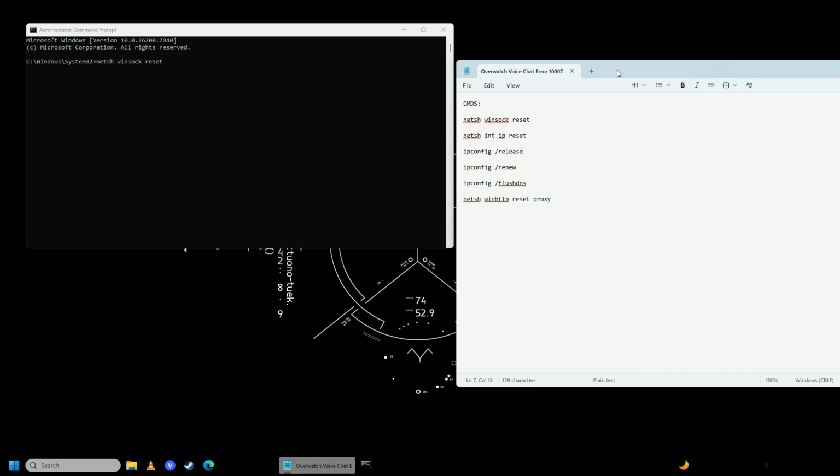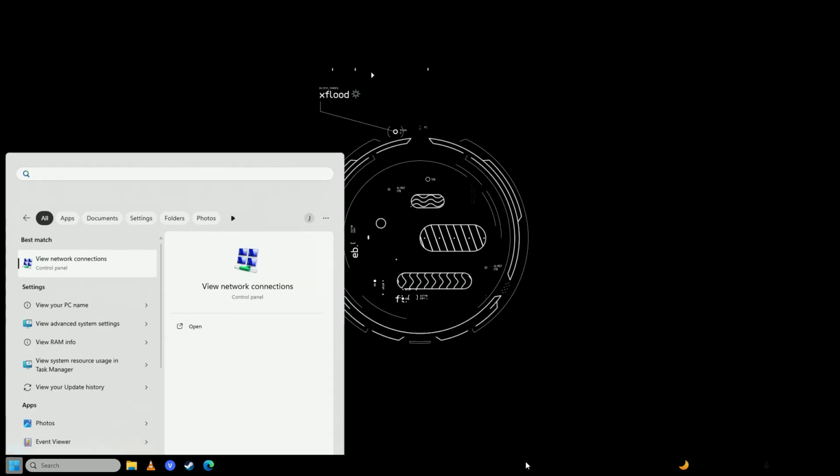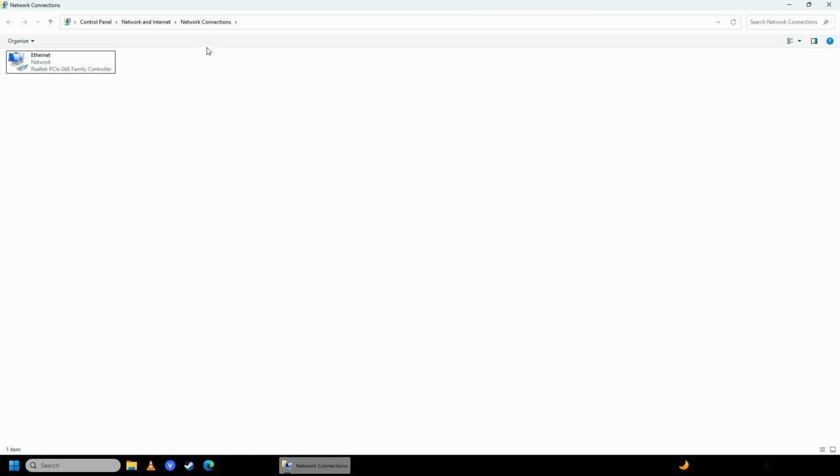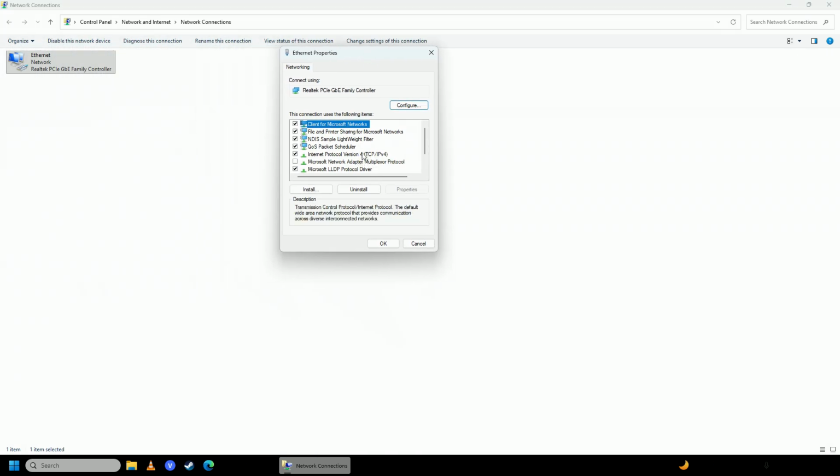After you're done with all of those commands, now what you're going to do is open up your start menu again. You're going to write here view network connections, and then you're going to select your network connection. If you're on an Ethernet connection, you should have Ethernet, and if you're on a wireless connection, you should have WLAN. So just right click on your network connection, click properties, go into Internet Protocol version 4, click